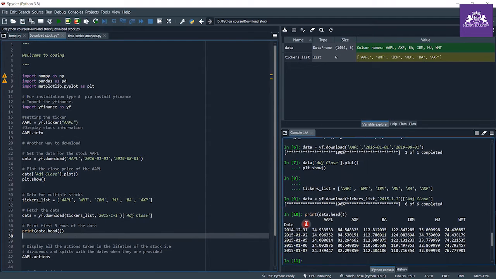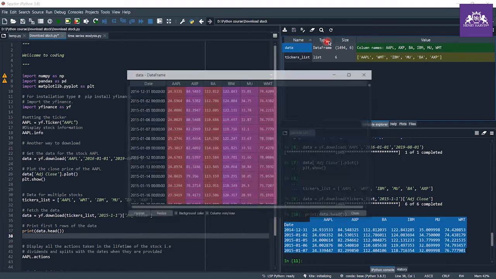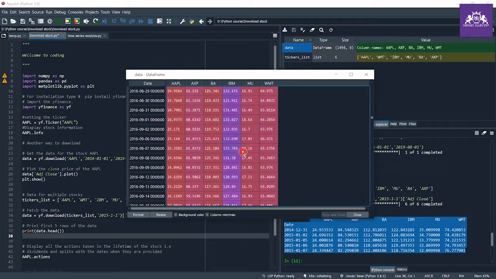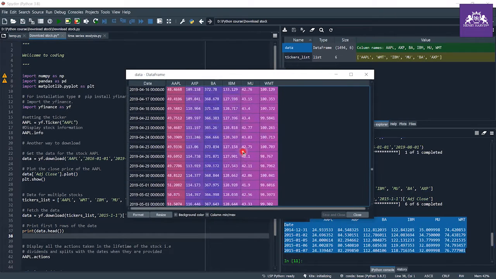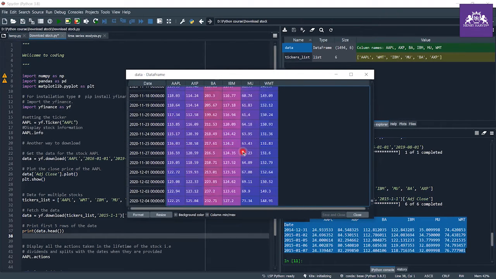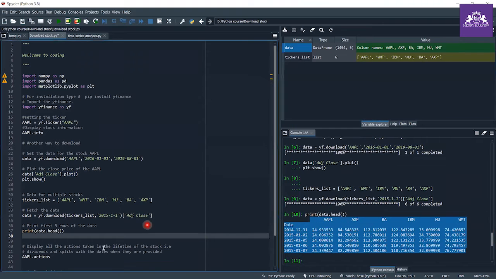As you can see, I just downloaded the adjusted close value of all of these six stock prices. Here is the list of those stock names, and this is the data, and this is the whole data set having 1494 rows.